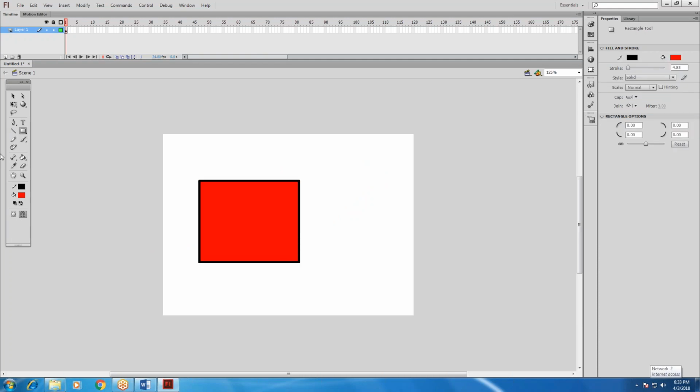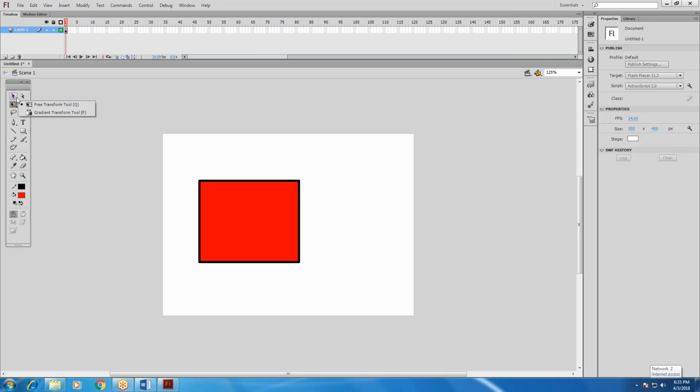I'm selecting one rectangle and taking the free transformation tool.